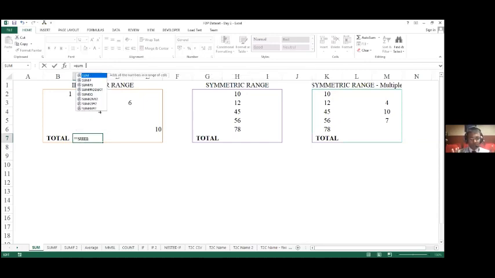The moment I call sum, Excel has understood that I want to use the summation functionality. Also, whenever you use any formula, the values for which the functionality has to be carried out have to be defined using brackets.